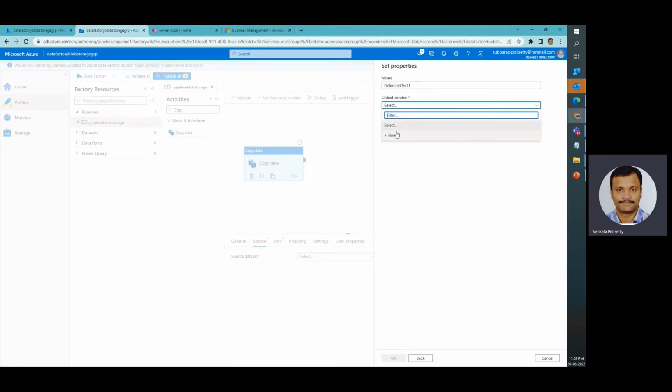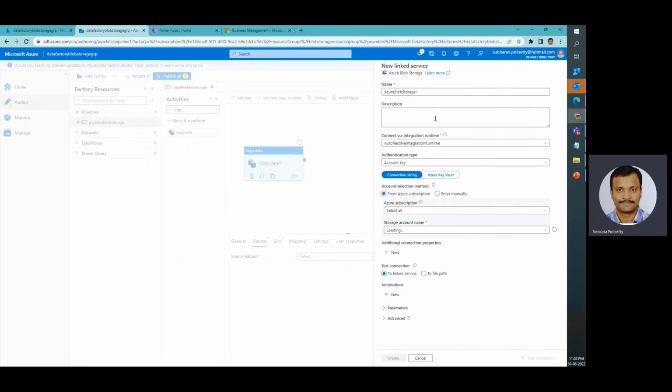So now we have to set the properties. There are multiple ways, but from Azure Data Factory to this blob storage, by using the connection string, it is going to